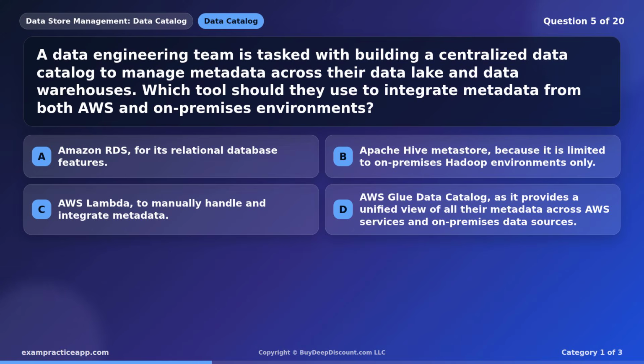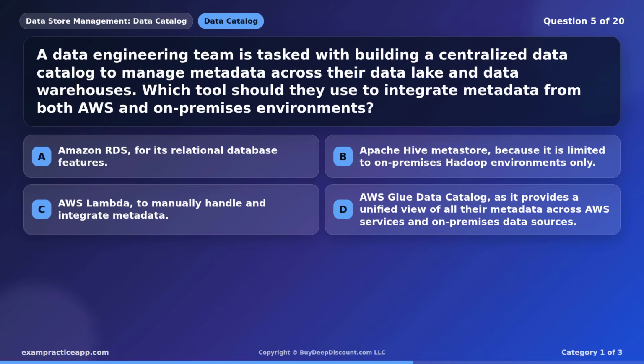Option C. AWS Lambda, to manually handle and integrate metadata. Option D. AWS Glue Data Catalog, as it provides a unified view of all their metadata across AWS services and on-premises data sources. Take a moment to choose your answer. The correct answer is option D. AWS Glue Data Catalog, as it provides a unified view of all their metadata across AWS services and on-premises data